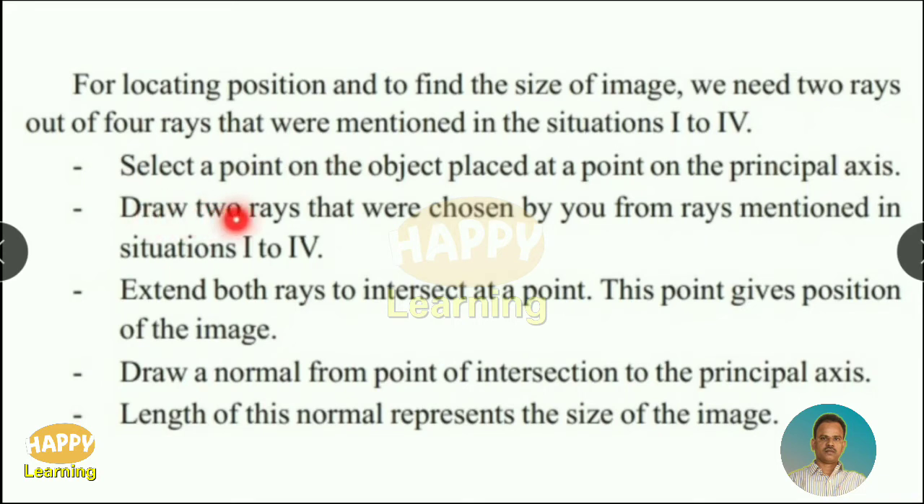Draw two rays that were chosen by you from rays mentioned in the situation 1 to 4. Extend both rays to intersect at a point. This point gives the position of the image. Draw a normal from the point of intersection to the principal axis. Length of this normal represents the